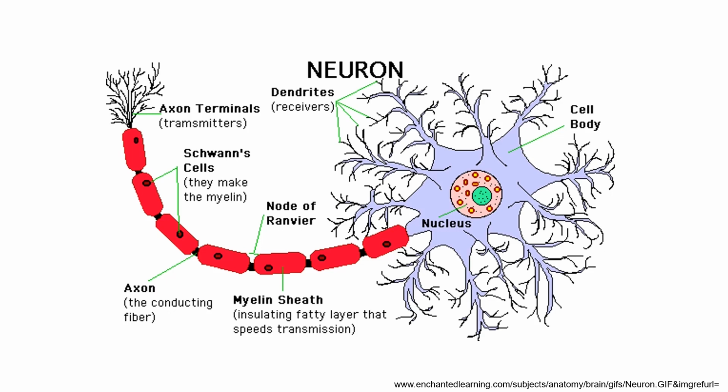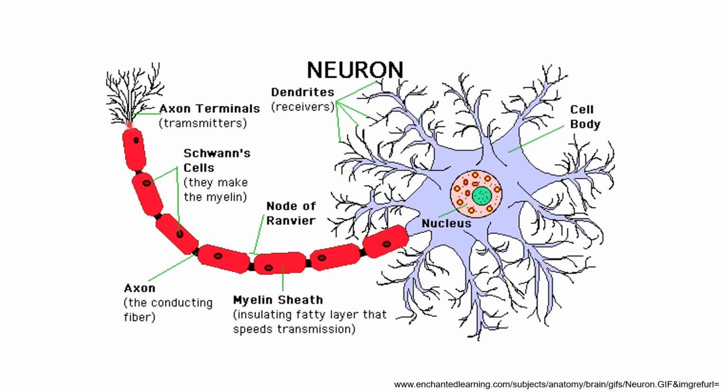And although these neurons can vary quite a bit in terms of their shapes or sizes, they tend to have some common components. So most neurons have a cell body, which will contain the nucleus. And then there are the branches coming out of the cell body called dendrites. These are the branches that receive information from other neurons. And then there is one long branch typically that goes out. And this branch is called the axon.